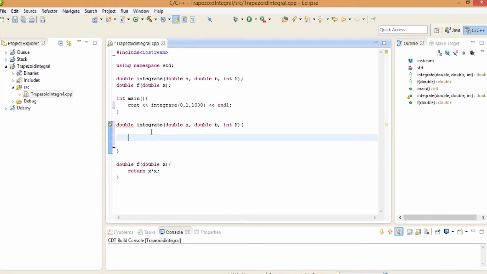So how to calculate it with the help of the trapezoidal rule? I will have a step size, and double h is equal to b minus a. It's going to be the size of the interval, and I have to divide it by the number of steps. So it's going to get me the step size. And I will have a double sum, and as we have discussed in the theoretical video, it's going to be 0.5 times f a plus f b,